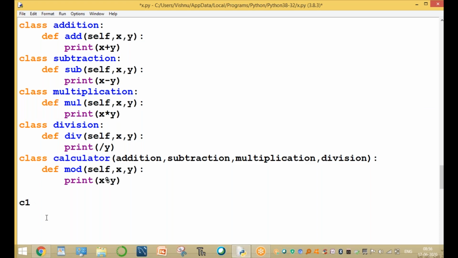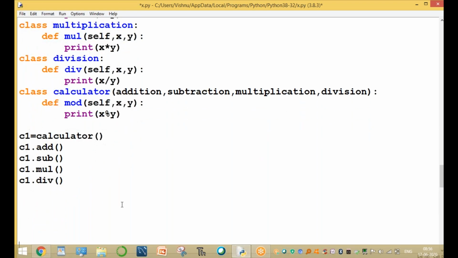Now we are creating C1 equal to calculator. Here C1 equal to calculator of calculator. Clear? C1 dot add function, C1 dot sub, C1 dot multiplication, C1 dot division, and again C1 dot mod.